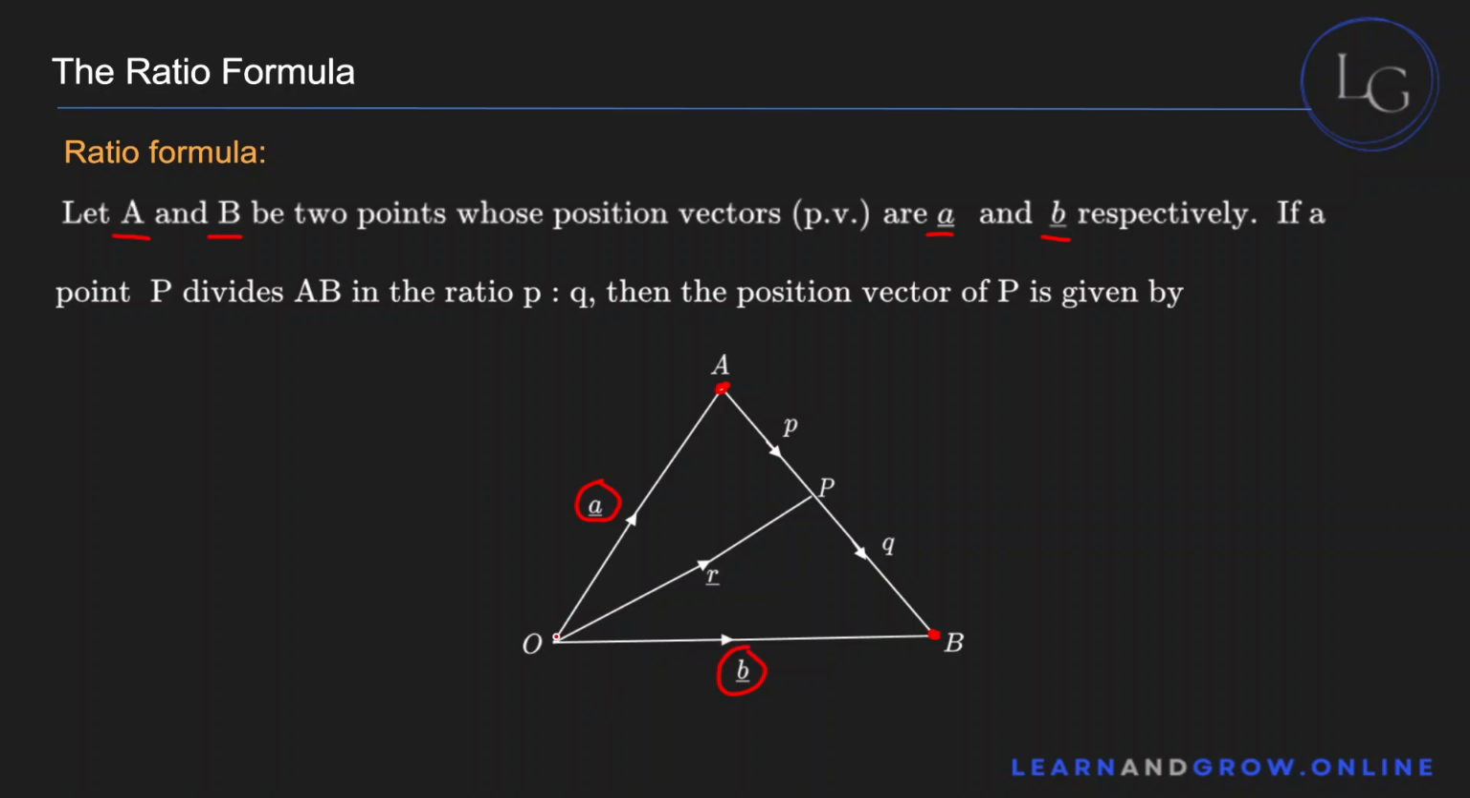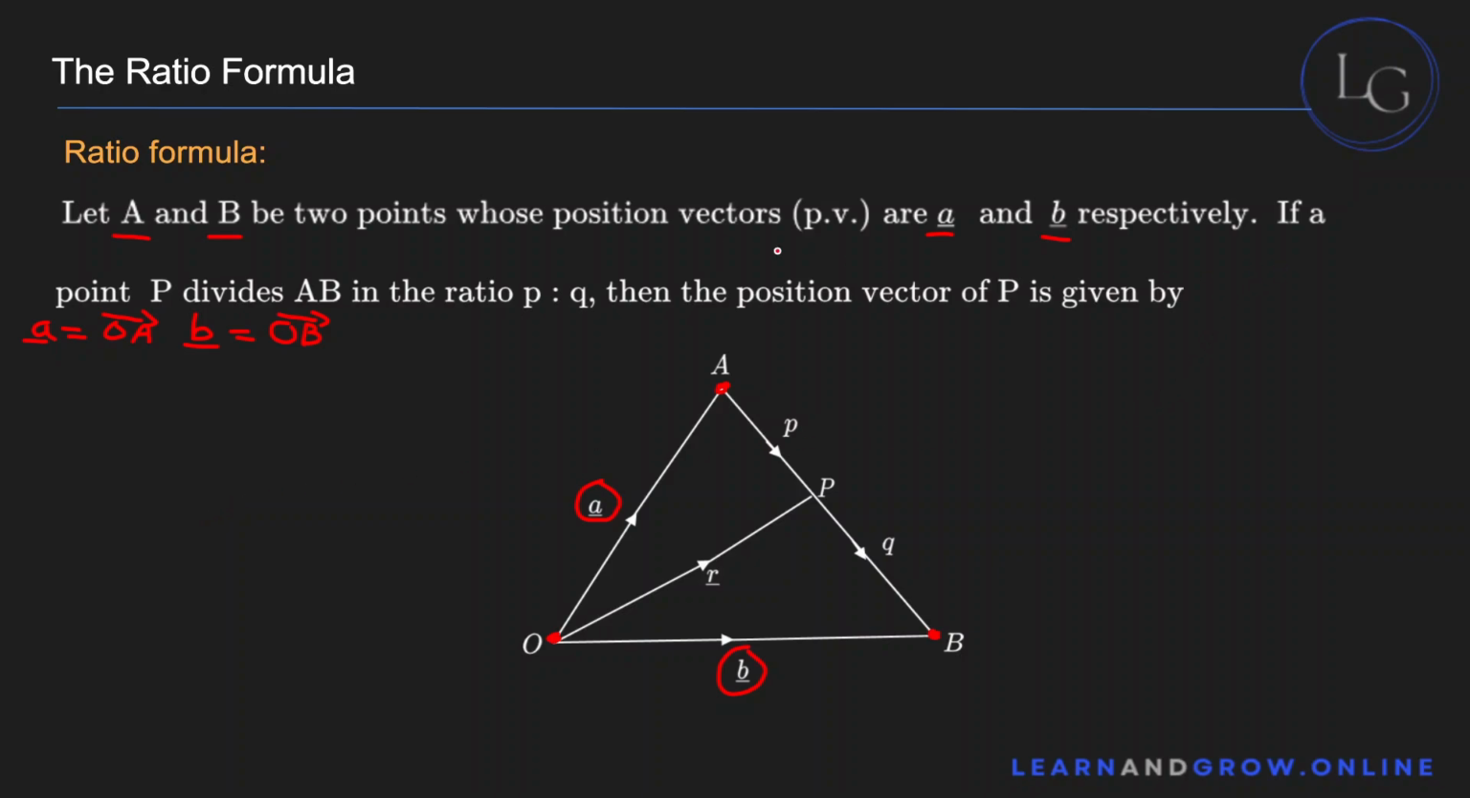And basically, the position vectors are the vectors running from the origin O. So the position vector a is equal to the vector that runs from O to A. So a is equal to OA. Similarly, b is equal to OB. I've discussed what position vectors are earlier, so if you do not know what they are, please refer to that video. Now,